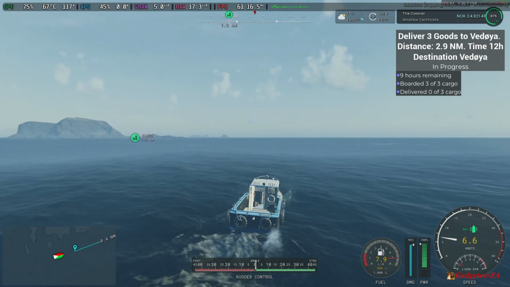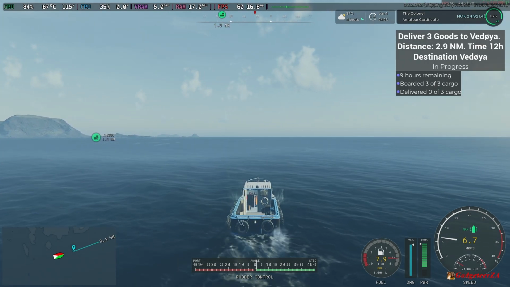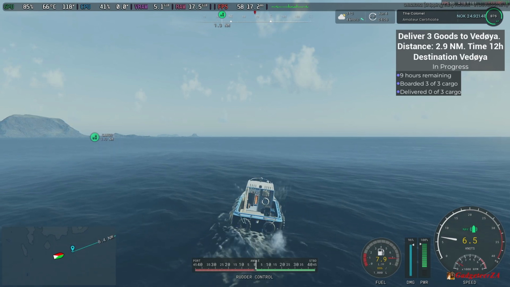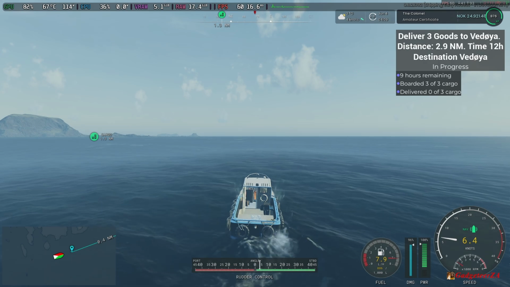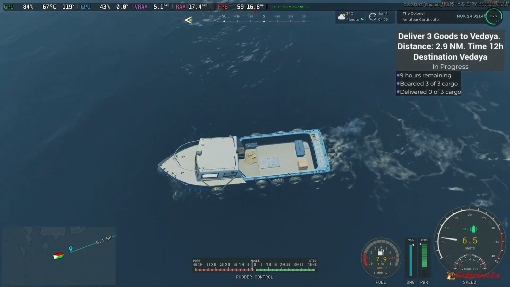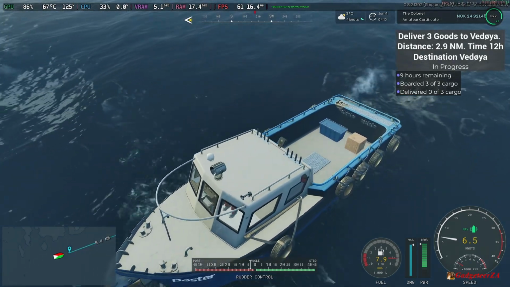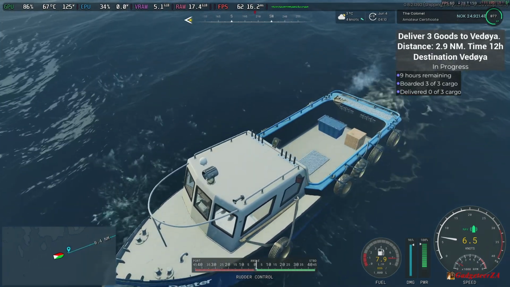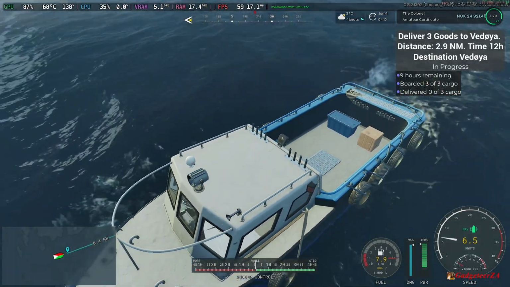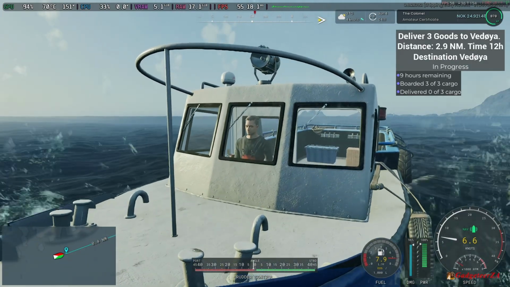Okay, so this is what the game looks like when you're busy with a mission and in the middle of gameplay. You'll see at the top right it shows you deliver 3 goods. That is the mission that you're busy with at the moment. And if you look on the back of my boat, you can see there is the cargo. It says 3 of 3. Oh, it's 2 small brown boxes and 1 blue box. That's right. So there it is. There's me busy driving, piloting,